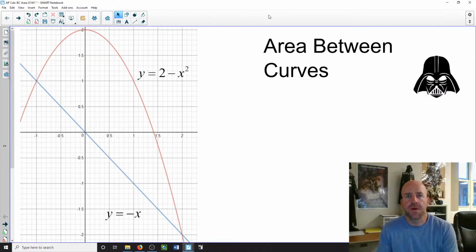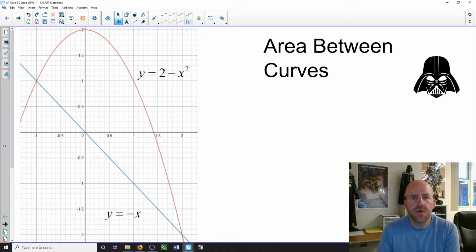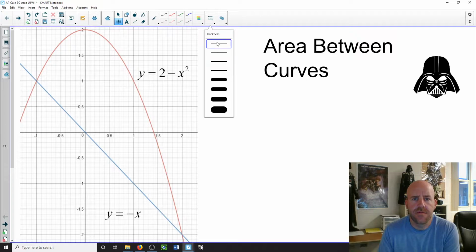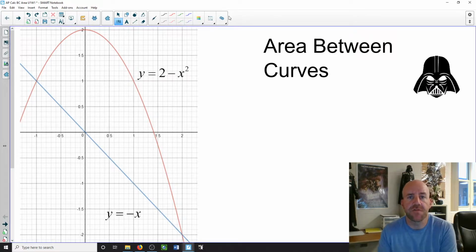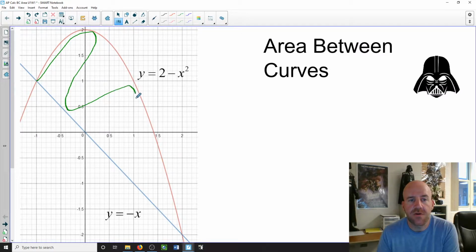Alright, in this video we're going to be taking a look at area between two curves. How do we find the area? So if we look at given functions, in this case we have two functions and we want to find the area between them. That would be this area right here. So if we were to look in between these two curves,